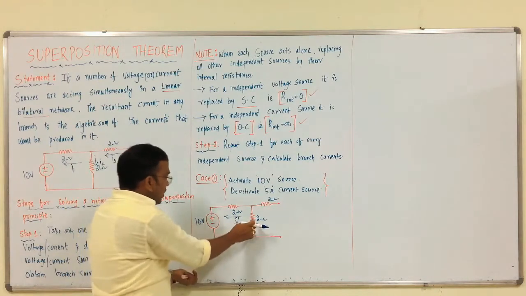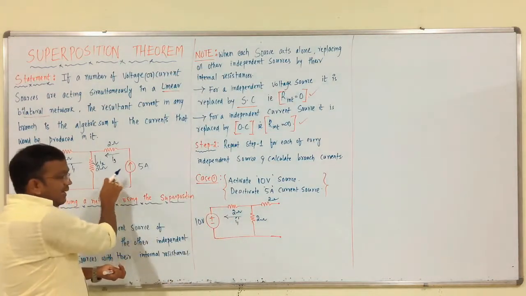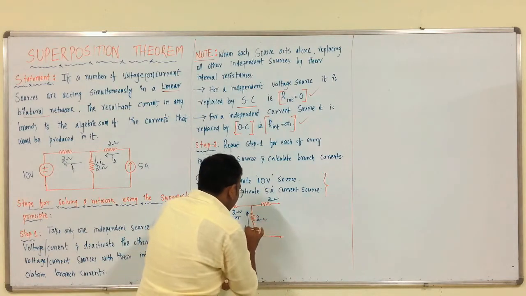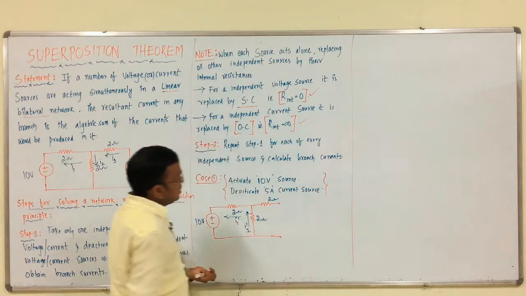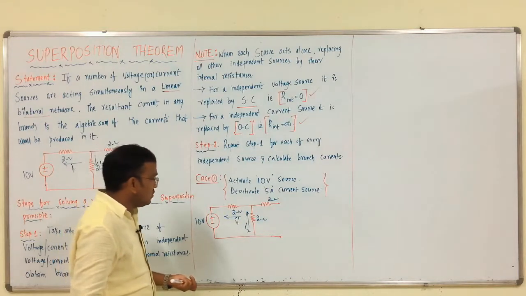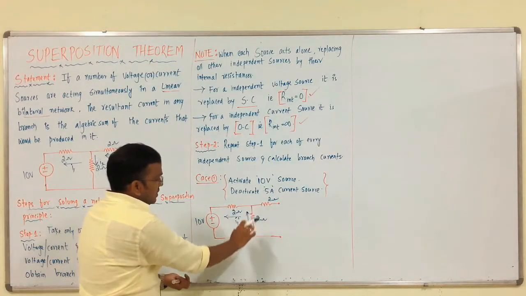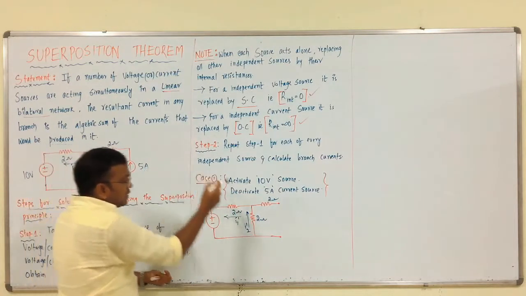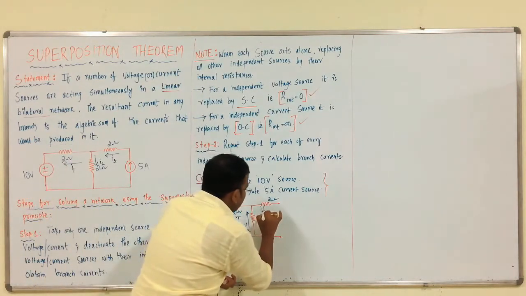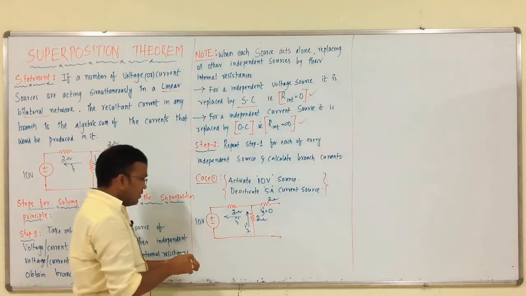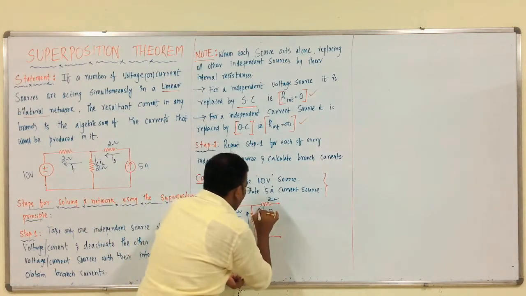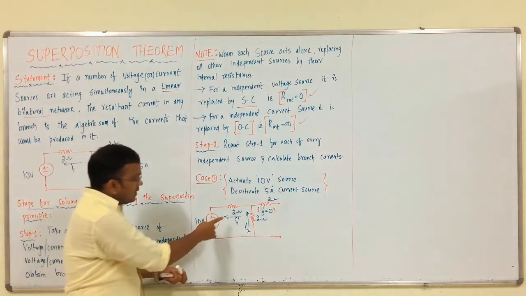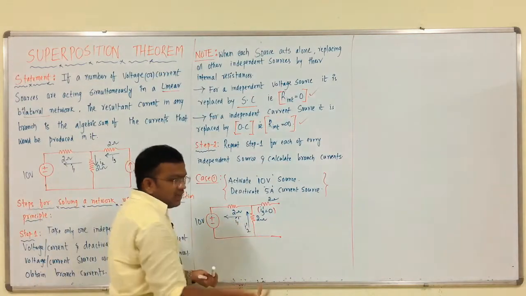Now, here I2 is anti-clockwise, and here I am considering clockwise. It is purely our wish to consider the current directions. Here it is like this, upwards. Coming to I3, it is open circuited, there is no I3, that is I3 dash is equal to 0. Why is it equal to 0? Because it is open circuited. So, now we have to calculate the currents I1 dash and I2 dash.